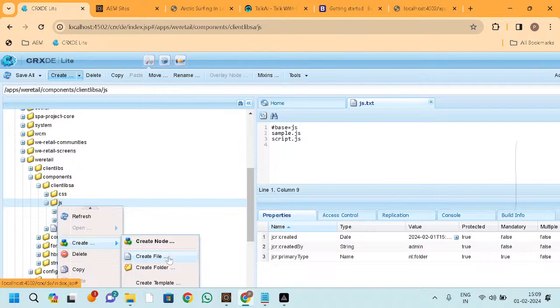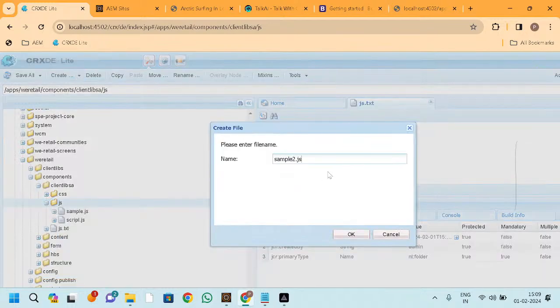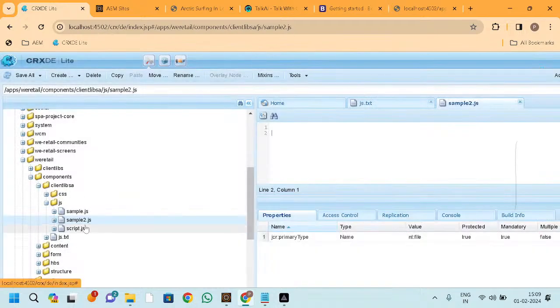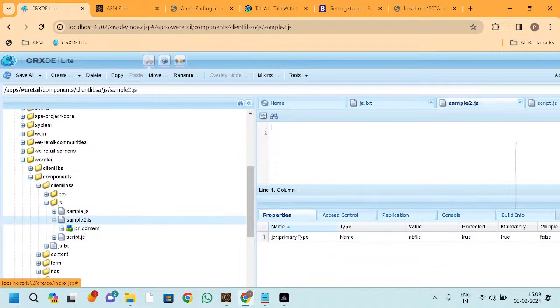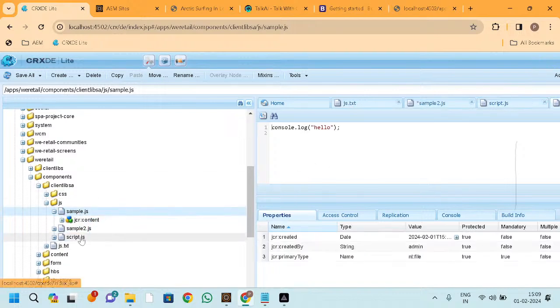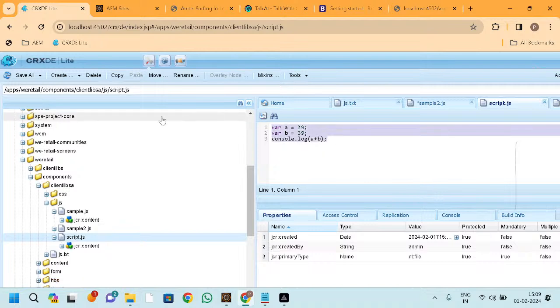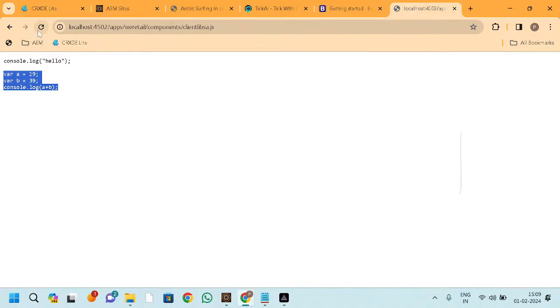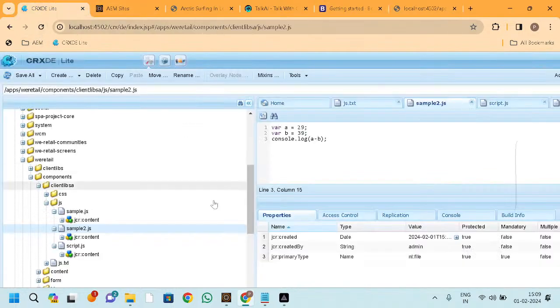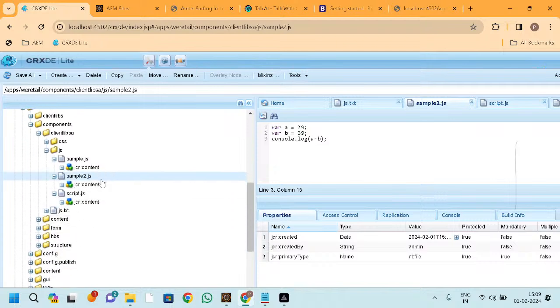Just create sample2.js. Same code you can copy, paste it here, not this. Yeah, this time we'll do the minus. Save the changes, come here and refresh it. Again it's not coming, but why? Because we need to add the entry